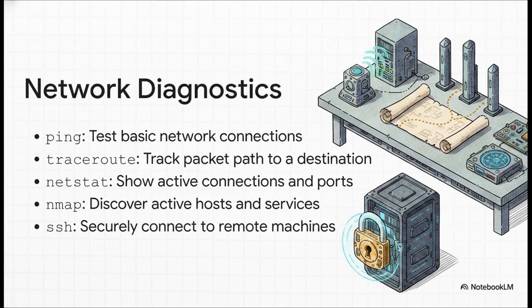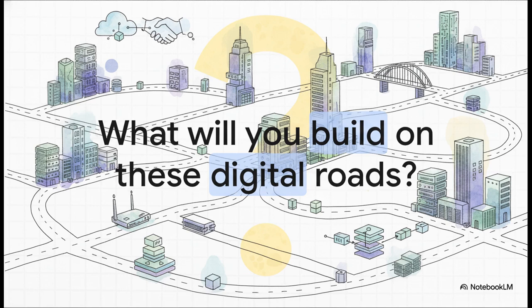For a deeper look, netstat shows you all your active connections, while nmap maps out what hosts and services are active on the wider network. And finally, when you need to jump in and fix it, SSH lets you securely log right into the remote machine to execute your commands. These are absolute lifesavers. So, we've gone from defining a basic network to subnetting IP addresses, navigating the whole TCP/IP